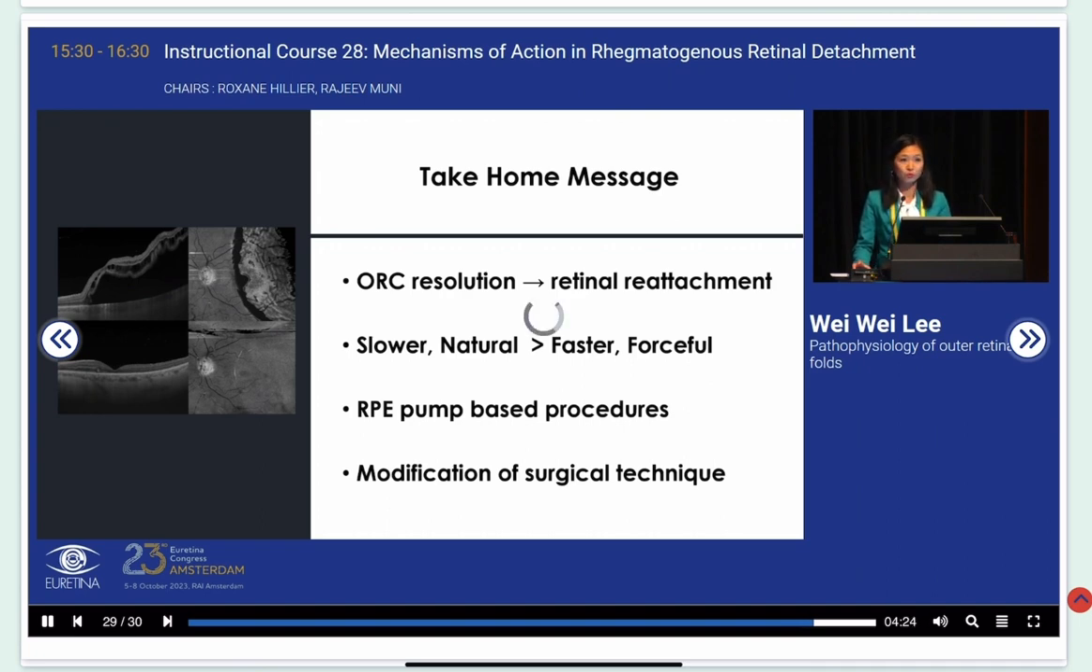In order to reduce the incidence of outer retinal folds, we need to consider RPE pump-based procedures, for example, scleral buckle or a pneumatic retinopexy, or even modification of surgical techniques to reduce the incidence of outer retinal folds to achieve a better functional outcome